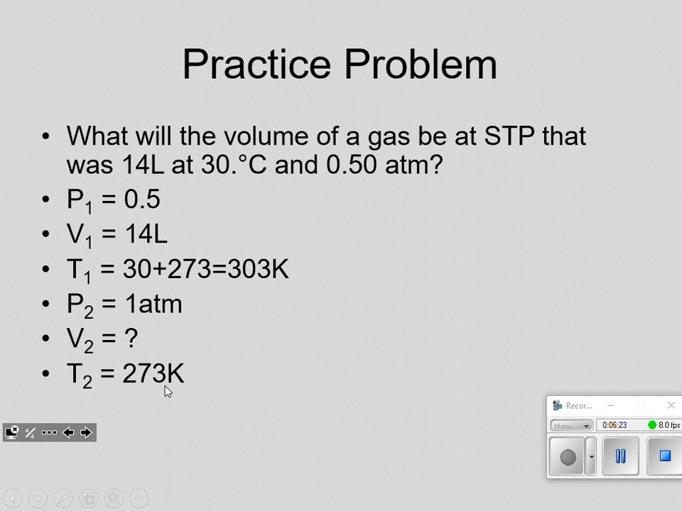Now, some students will say, what if I mix up my 1s and my 2s? Doesn't matter. 1 doesn't have to necessarily mean the initial. If you wanted to call your P1 1 atmosphere and your T1 273 and you're solving for V1, that's okay. Just don't mix up the beginning and the end. However you want to label 1 versus 2, that's fine by me. But that's kind of the key of going forward. Last thing to mention about this then